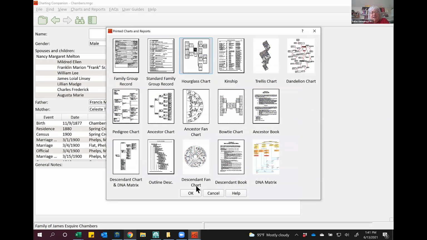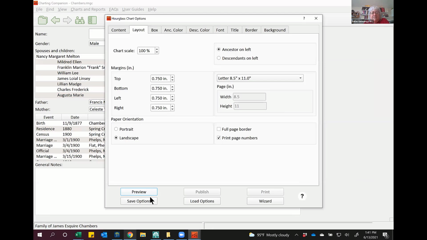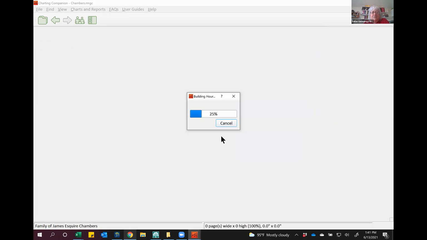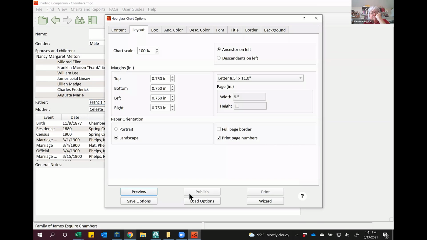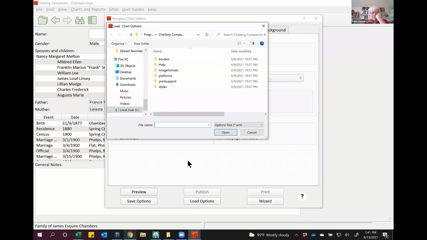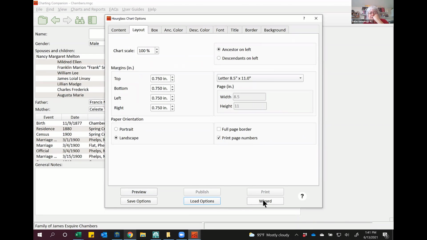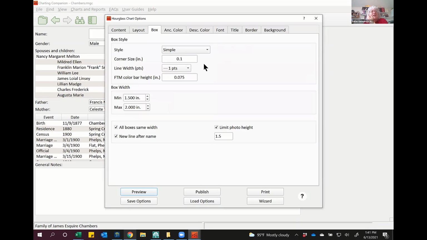The other thing to look at on these is expert. I didn't mean to do that. Cancel. Okay. Load options. That's if you already had something, and I can't remember where I stuck those yesterday. You can do a wizard. There's expert. Anyway, you can change the box style